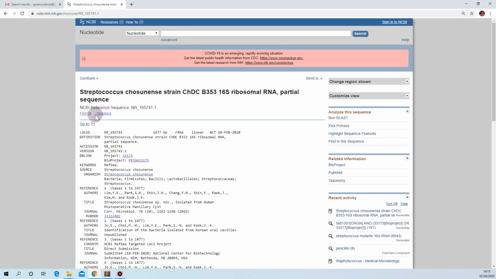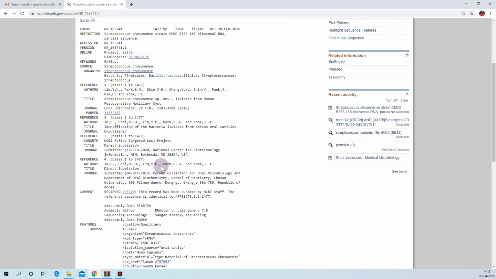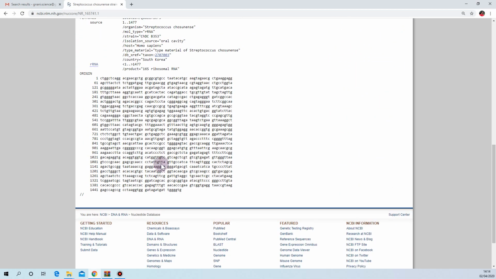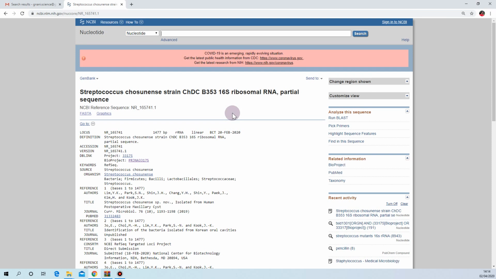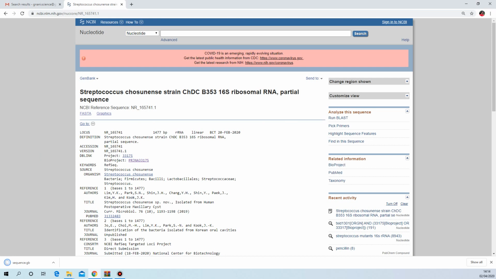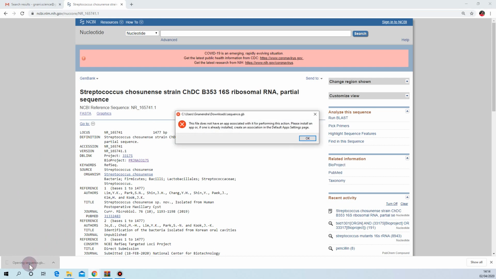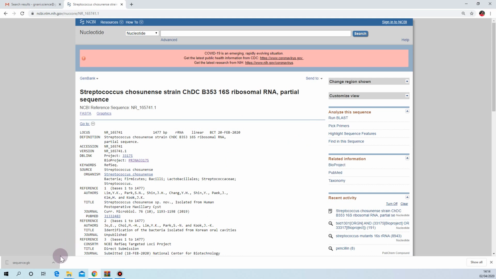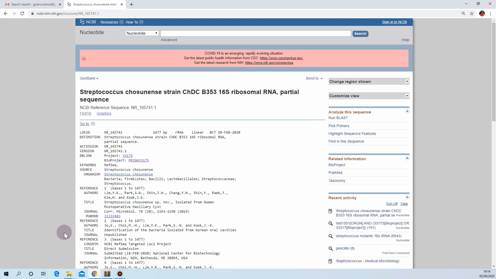I need them in FASTA format, and I'll show you how to get the GenBank file format too. Try to retrieve the sequence in GenBank file format as well from NCBI, for 16S rRNA, gene, and protein. I'll show you randomly how to do all three. First is a 16S rRNA, in GenBank file format. Send to file, GenBank format, create file. That file will be created as GB. If you try to open it, it will not open, so just go to